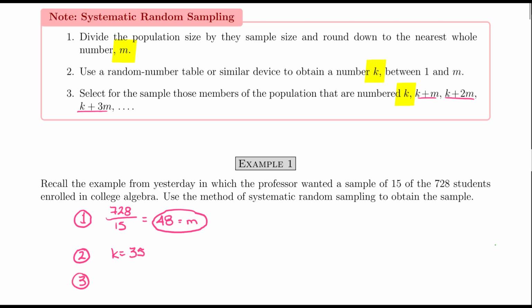Step 3 is to generate the sample set. Looking at step 3 in the red box above, you can see that we select the sample for those members of the population that are numbered K. So K is our first member of the sample, so that person is numbered 35. And then we just add 48 to that to get the second person. So 35 plus 48 is 83. We add 48 to that and we get 131. We add 48 to that, we get 179. And we keep going until we get 15 people that are numbered somewhere between 1 and 728 to generate our